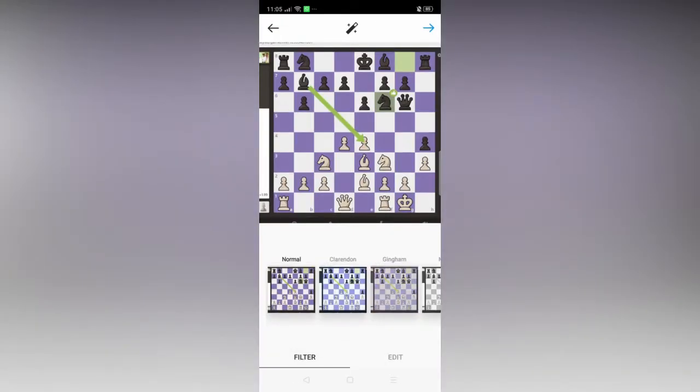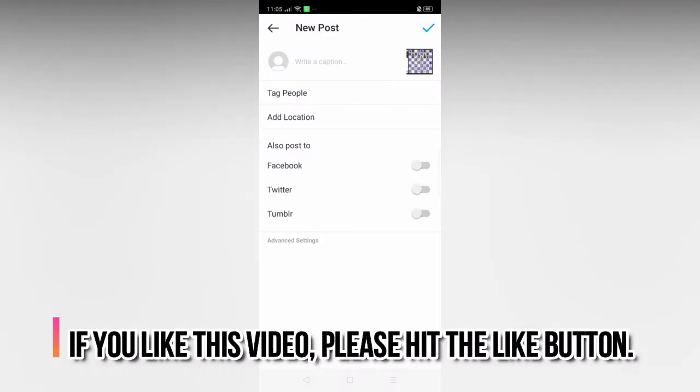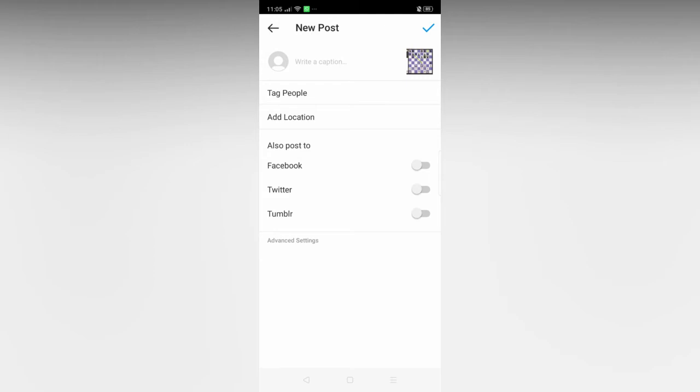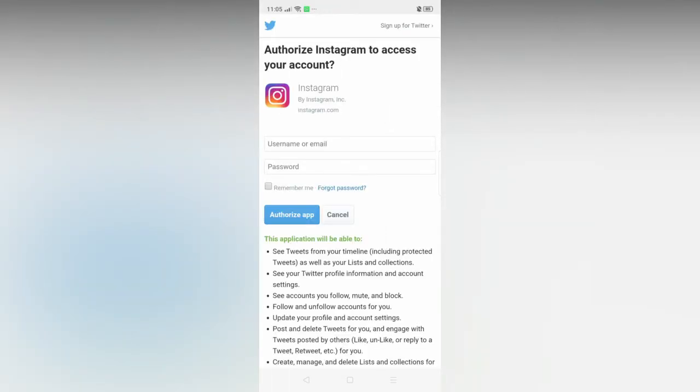Okay, this is a chess match which I was a part of. So let's just upload this and we'll leave the caption for now. If you look here, you could see this Twitter option in here, also post to Twitter, the one in the middle. Just select this and this would redirect you towards the Twitter page where you have to sign in with